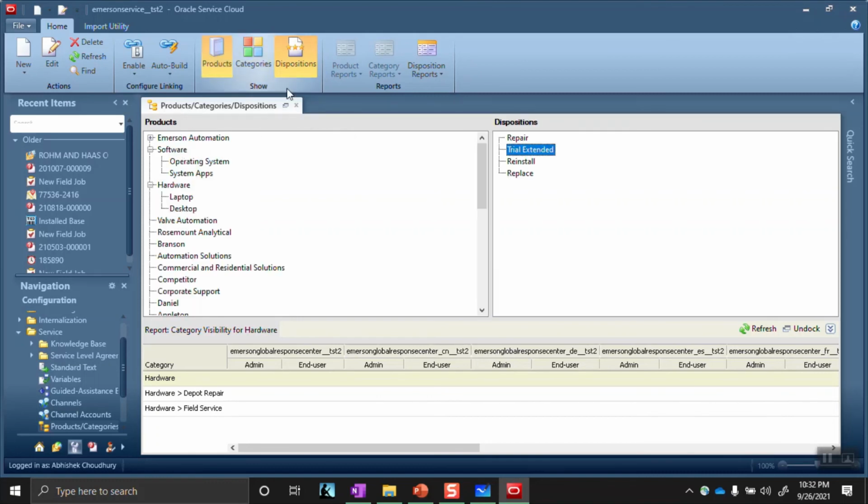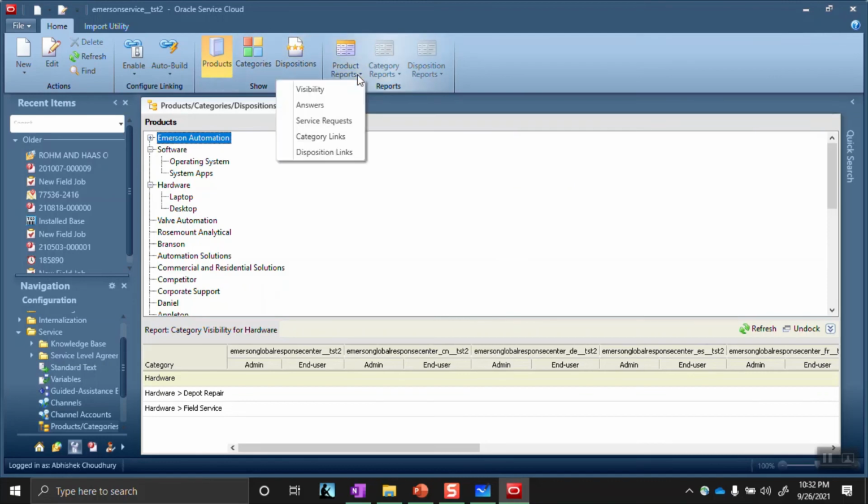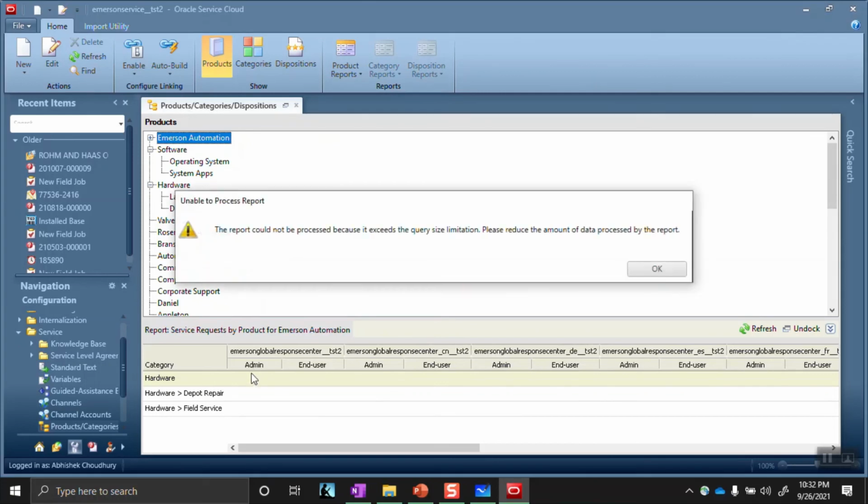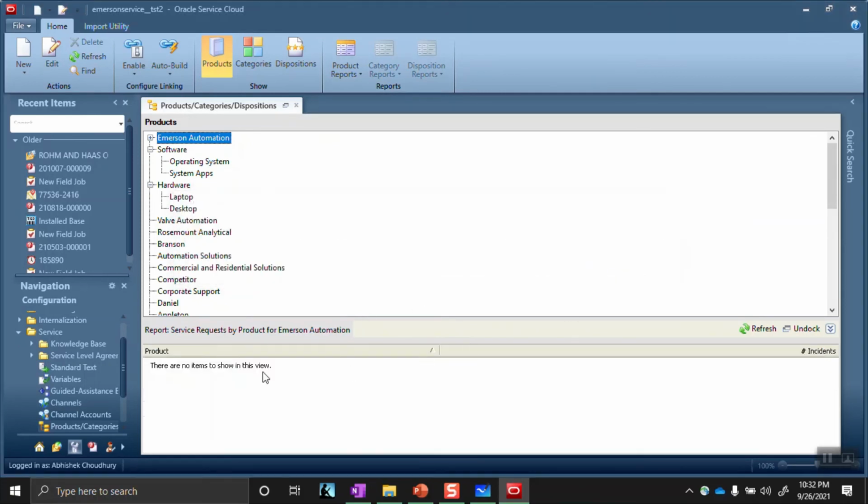For example, let's say we are in the product, and you want to know in which service request this has been used. As of now we have not actually used it, so there is nothing to show here. The reason is that we have not used any of these products and categories with any of the service requests. But let's say tomorrow you have service requests where the products are there, so it will not be proper for you to delete it, because that will actually corrupt the data. That is the reason all these different reports are provided.